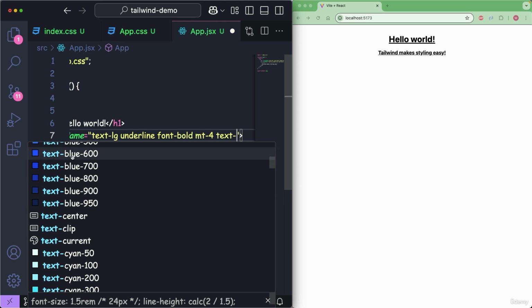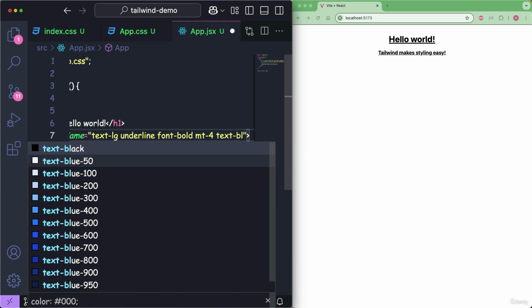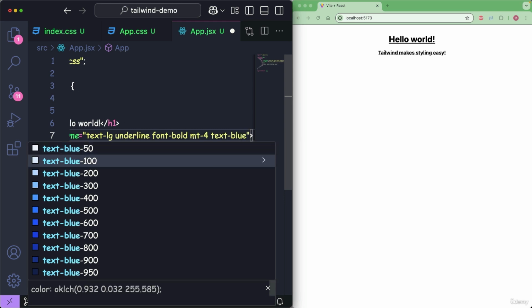For Tailwind, it is not going to be possible to provide a utility class for each and every color available in the world. They have given classes for most of the important colors, but in case you are looking for a specific color, we can achieve that as well, which I'm going to show you in the upcoming lectures. For now, let's try to apply a shade of blue. That's why I'm trying to type text-blue and I'm going to select